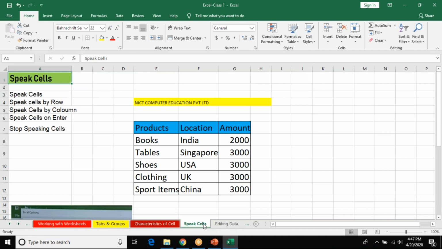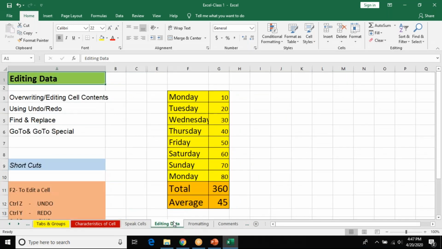I'm skipping speak cells, I'll come back later. Next you have editing data: overwrite or editing cell contents, undo, redo, find and replace, go to, and go to special. What is editing data? If I want to change anything in Monday, I put my cursor on Monday. If you're using a desktop, all you have to do is press the F2 button.